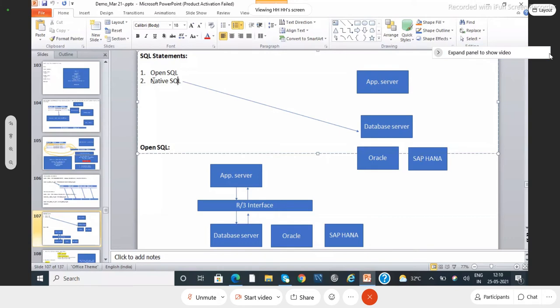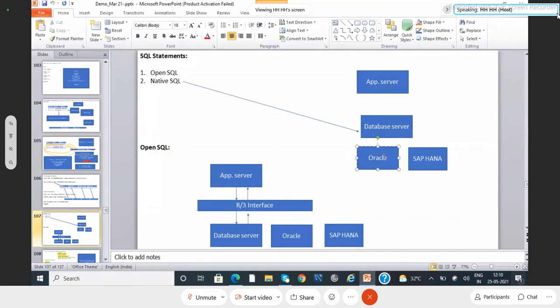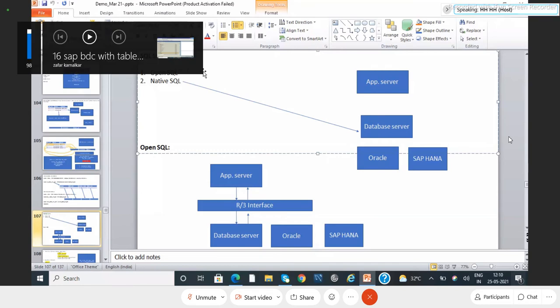Normally the database will change sometimes, whenever they want to change, they will go for a new database. At that time you need to change your logic. To avoid that, we are going for Open SQL statements. If you use the Open SQL statement, irrespective of your database, this Open SQL statement will support you,